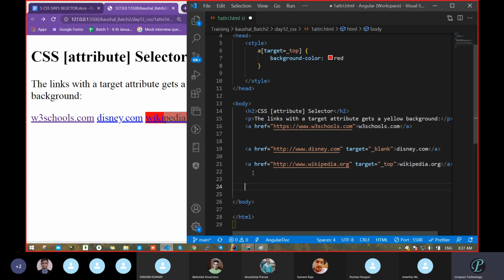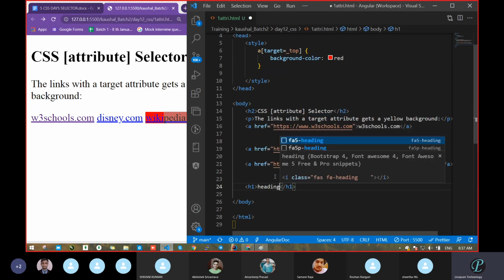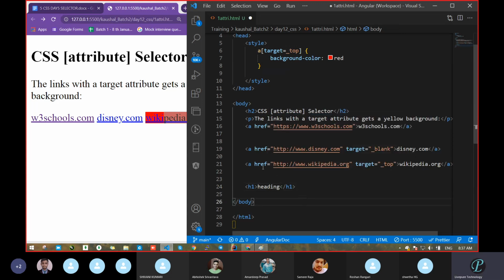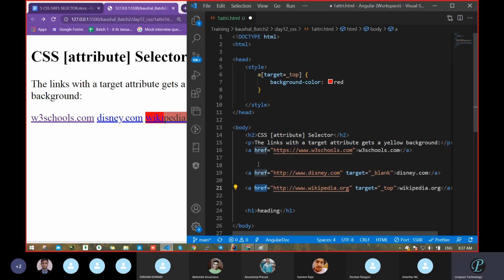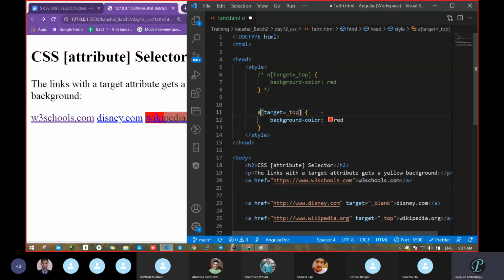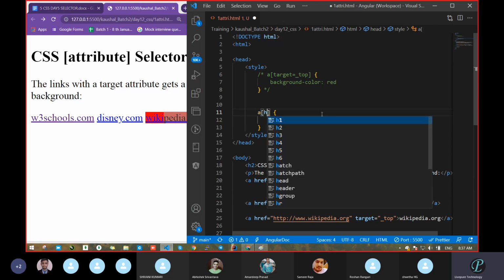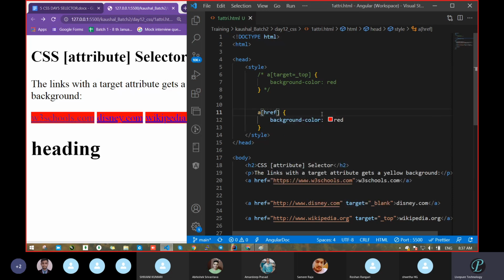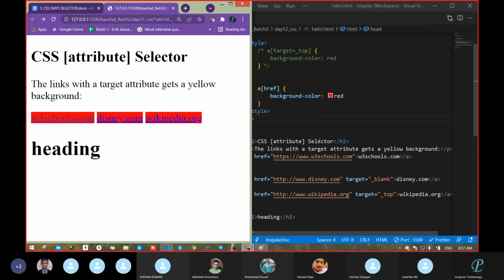Anyone having any issue? Tell me. This is the thing, nothing more. Anyone? So do one thing. Take href also and just see what it is going to do. Will it work or not? Anchor tag, fine. So how will we pass it? We will pass href here. Let's see who all got color. All of them.